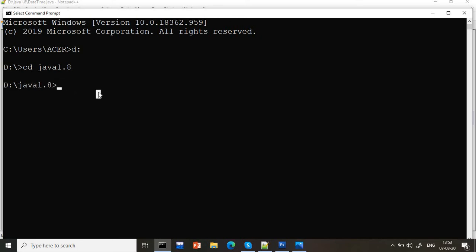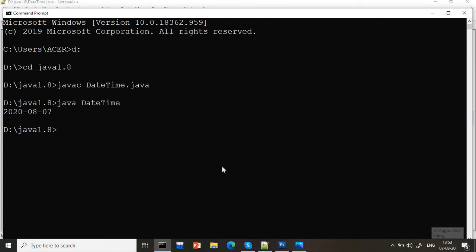Now compile the program the normal way: javac DateTime.java, whatever your class name is. No error. So java DateTime. Whatever the date is here, 7/8/20, that same date we are able to see.